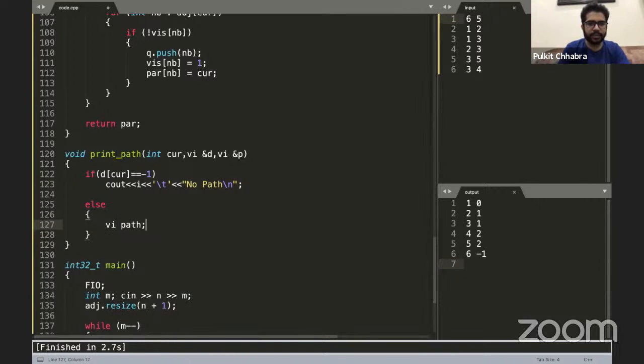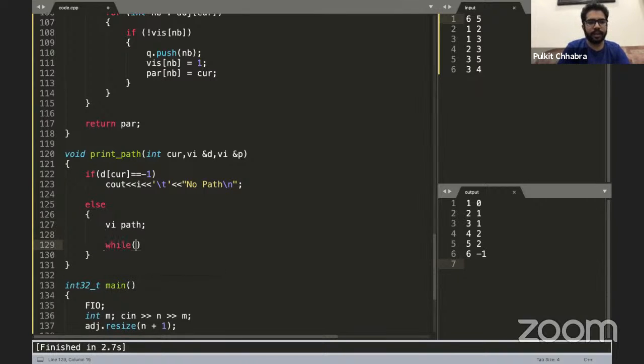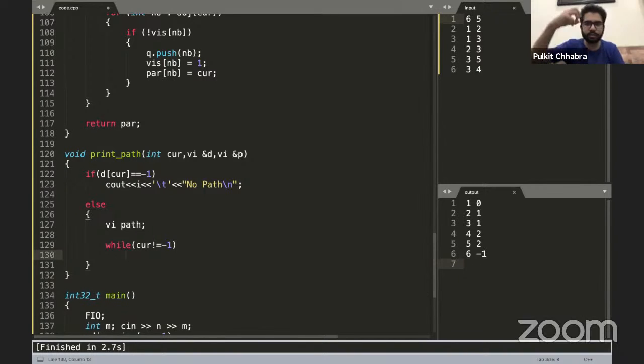Let's say I'll initialize a vector int path. Now, while current is not equal to -1, because I know that the parent of the source node will be equal to -1, I'll just climb up the BFS tree and keep pushing the values.